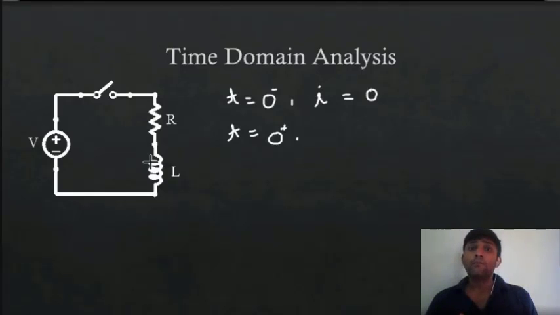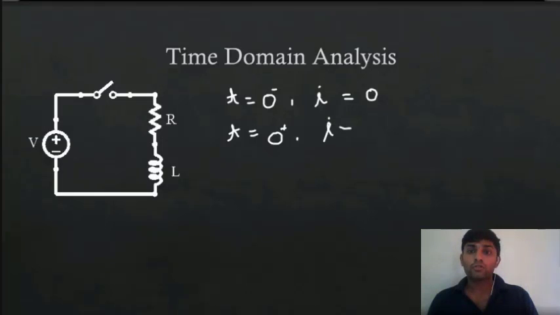This is the property of the inductor: the inductor doesn't allow sudden change across it. That's the most important point of this lecture. Let me repeat it again: the inductor has a property that it doesn't allow sudden change in current across it. So earlier, if the current was 0 at 0 minus,